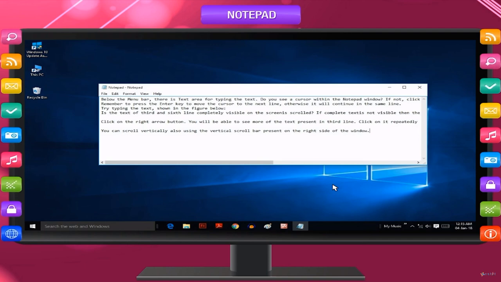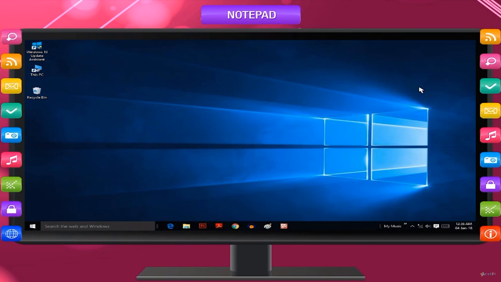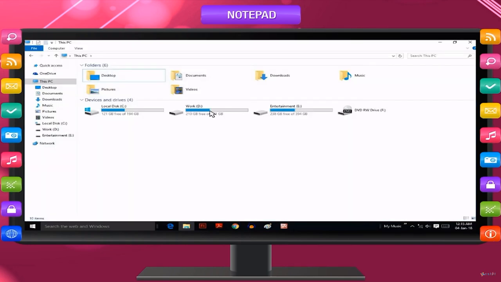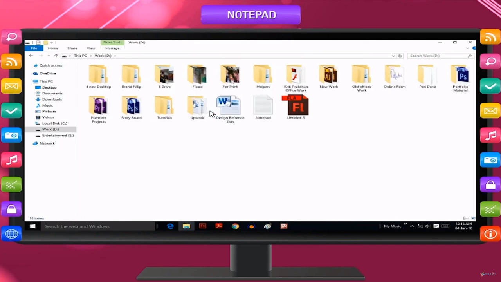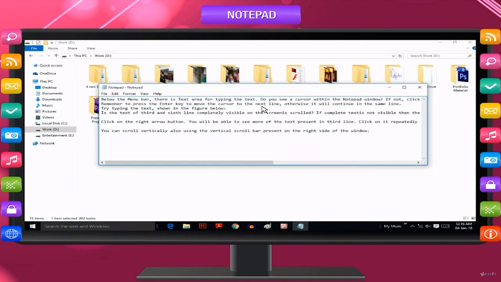This file can be loaded anytime using the Open option in the File menu. Try closing Notepad, opening it again, and opening your file. Here is another method. Open the folder which has your saved file. Look for the name of your Notepad file that you had saved earlier. Select the Notepad file icon having the name of your file. Double-click on the icon to open your saved file.